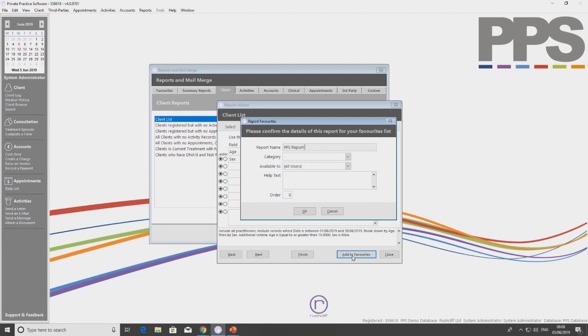PPS report, and I can also assign it under a category. Now this category section here is free text. So this means that you've got your option to add your own category here. So if I put into here, let's say PPS, for example, that's going to add another category, another list effectively. Finally, we've got our available to, and this is allowing us to say only show it to a particular practitioner or only show it to a particular group of people. So you might want to say only show it to all practitioners or only make it available to all managers